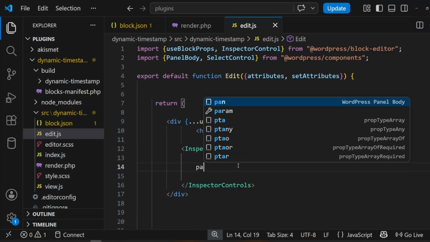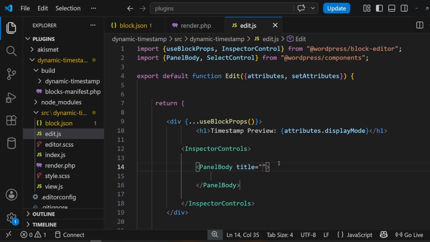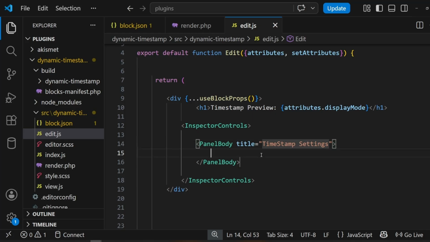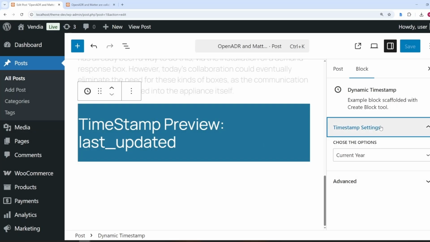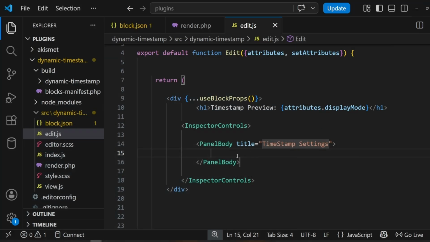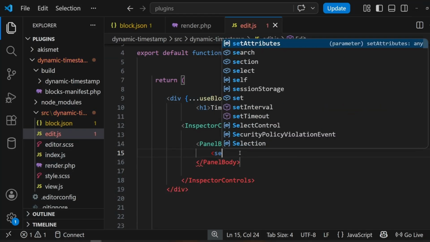So now we are going to panel body. In this panel body, we have to write the timestamp settings. So if you write the timestamp settings, then we are going to have this timestamp settings drop down. Under this drop down, you have to just choose the option, and these two options the wizard can choose. So how are we going to have this? We are going to select another select